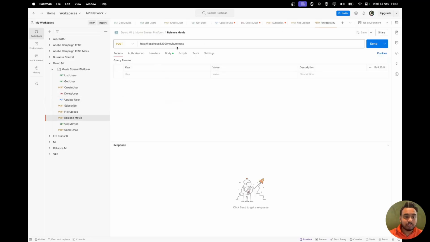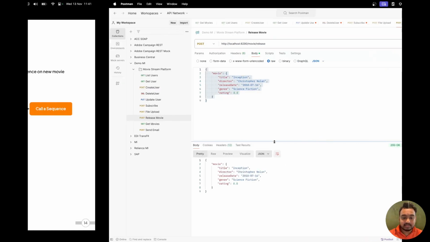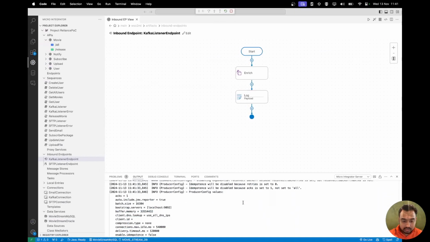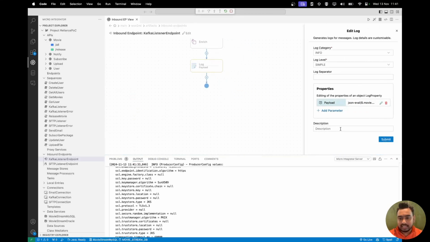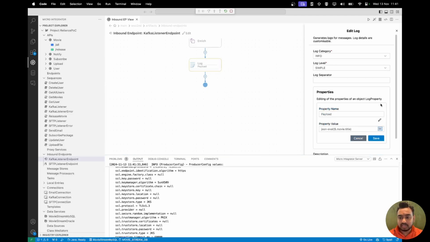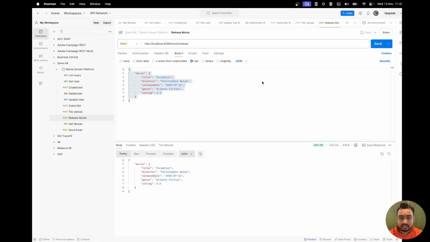So I have a released movie, which I will send this information to this endpoint. So when I'm sending this, you can see there should be a Kafka engagement happening there, and you can see there is a payload which is the movie title. Instead of the movie title, let's get the entire content. I will remove the title part. I will get the entire movie payload. Let's call this again,